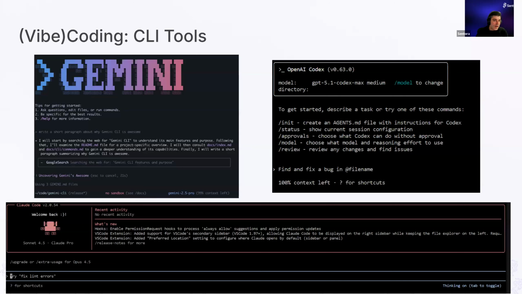So the three main CLI tools at the moment, the first one released was Claude Code, which to this day is the best one in terms of usability. Right after that one, I think that was OpenAI Codex that came up. Their Codex models are the best on the industry at the moment.